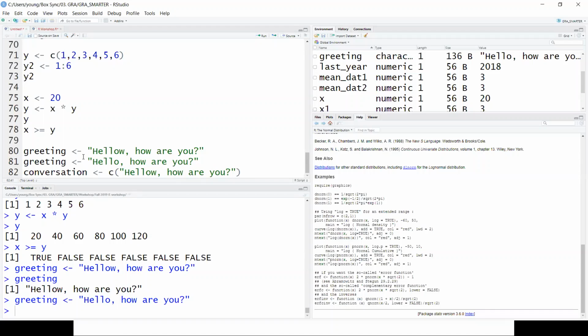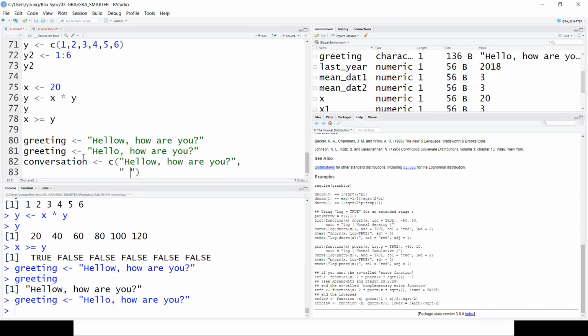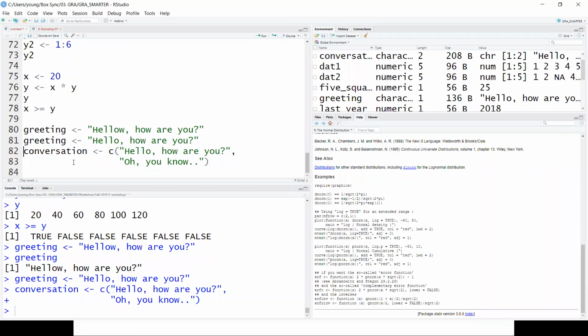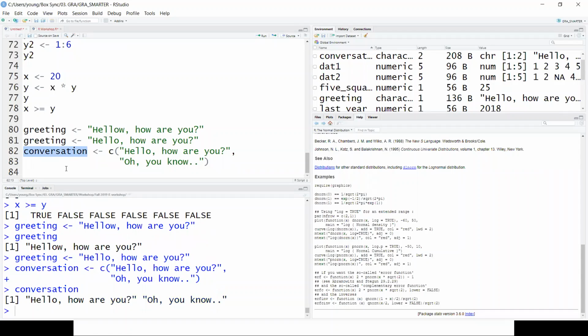And then I'm going to put a comma here, and then we can put some more sentences here. You can see the R screen. Oh yeah, sorry. And then we see there are 2 sentences here.